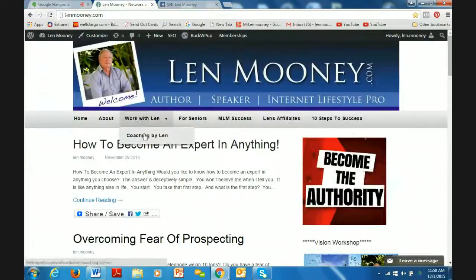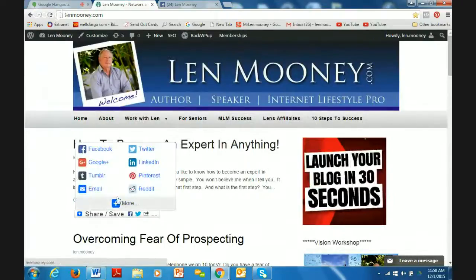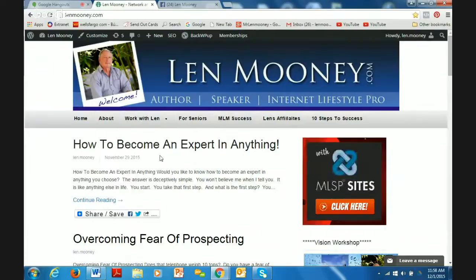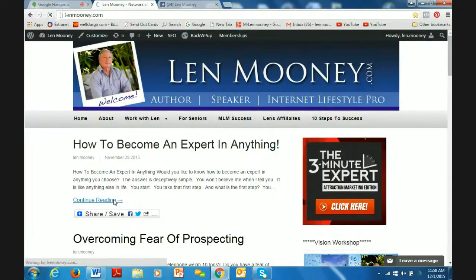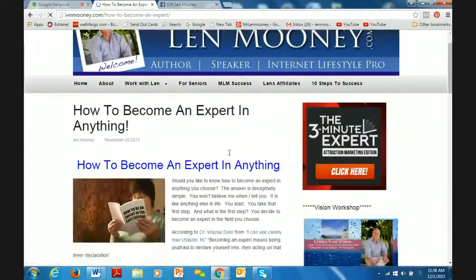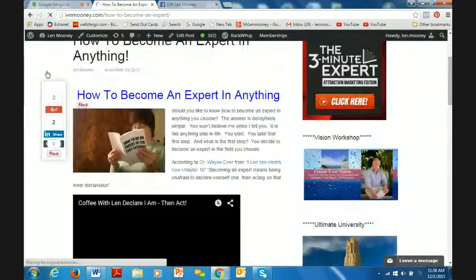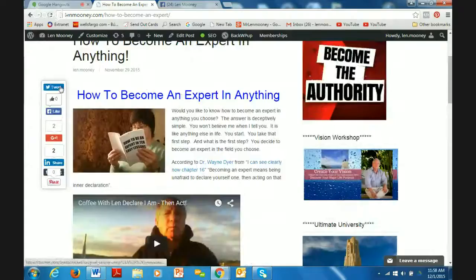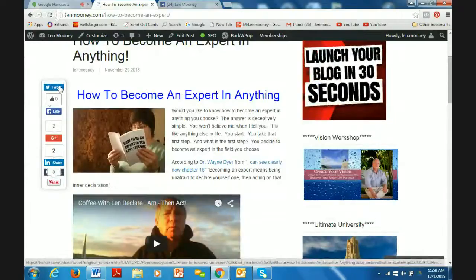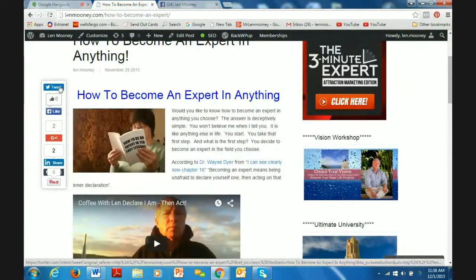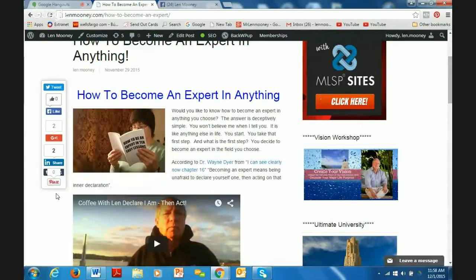There's a couple other things that I want to point out. Come on, behave yourself. Some of the other features here and things that you want to be sure you've got. This little guy scrolling up and down. This is a plugin called Dig. We've talked about it before, and if you don't have it, you ought to have it.